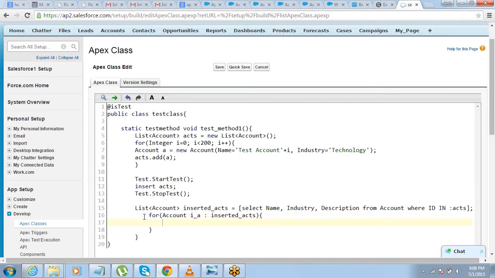I just want to do a System.assertEquals, just let me check whether the result is favorable, positive result has come or not. So description field should have become technology account, which field? Description field.